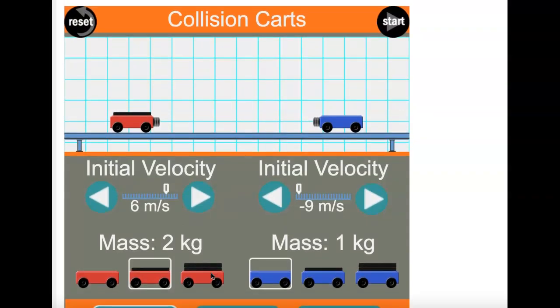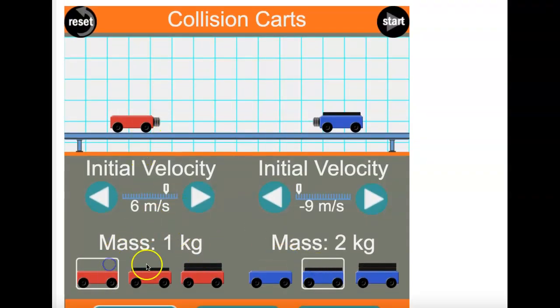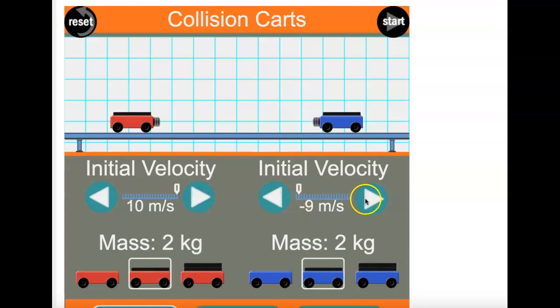Anyways, you're going to have a couple of objects here, and you can play around with the mass of each object. You can change to 1, 2, or 3 kilograms for either car. You can also change the velocity of either car. Notice that the blue car usually will have a velocity that's negative because it's heading to the left. Remember, the velocity would be negative, and that also means the momentum of this blue car would